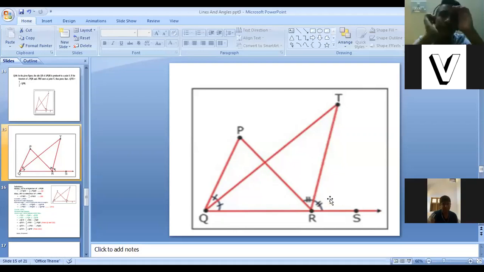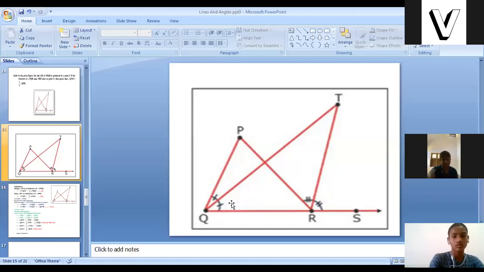Ma'am, I did not get the equal part. Which two angles are equal? PQT and TQR are equal. Why? Because QT is a bisector, the line which divides the angle into two equal parts. Okay. Now, when you observe this exterior angle PRS,